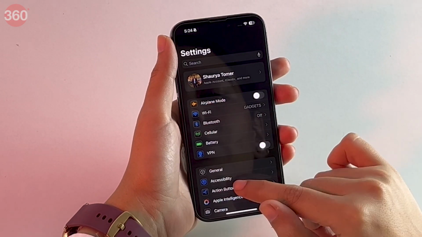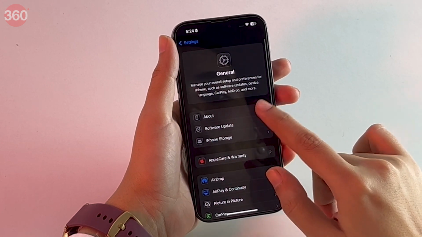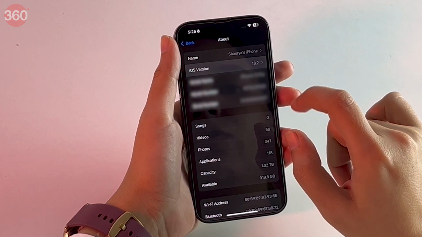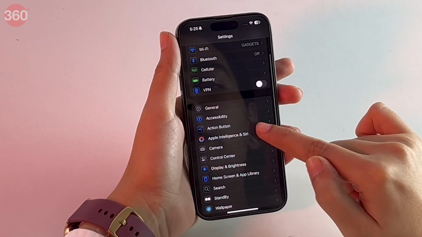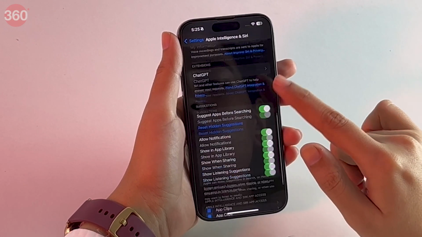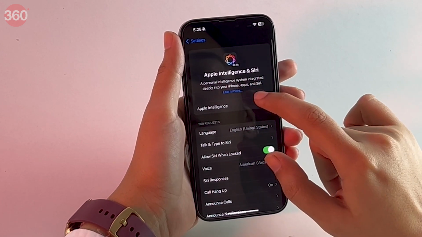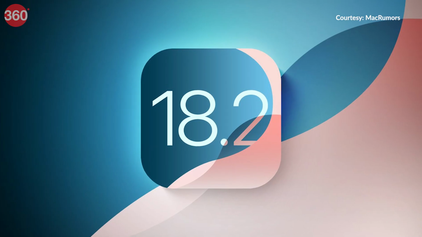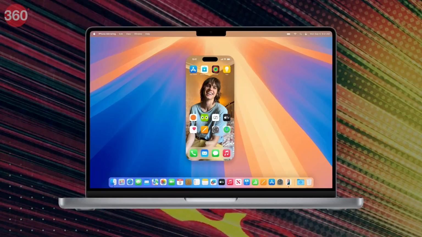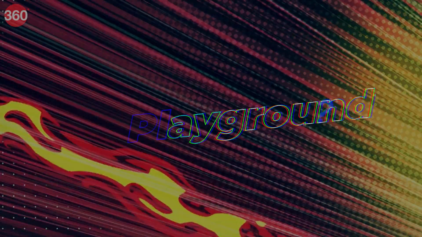But hold on, before you jump into the fun, here is what you need to know. Right now, this feature is available in the iOS 18.2 beta. However, I'm running the developer beta on my device. It's not public yet, but don't worry, it's going to officially release this December. So if you're using an iPhone 15 Pro or the iPhone 16 series lineup, you will get to use and experience the Image Playground feature. This feature works with iOS 18.2, iPadOS and macOS Sequoia 15.2.